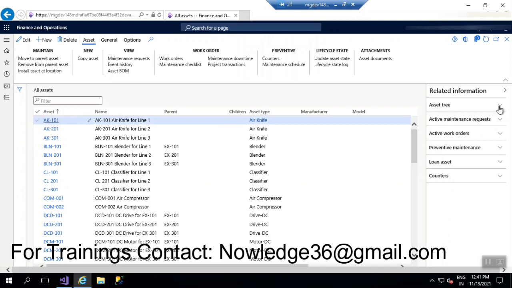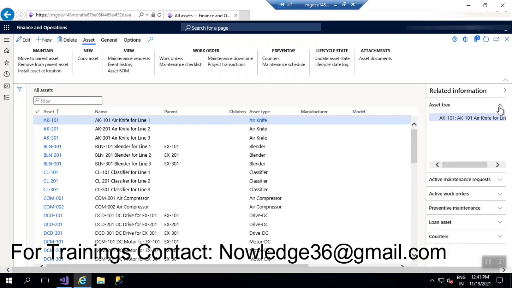So let's say I open this asset tree. Let me elaborate it. Here it is showing AK101.